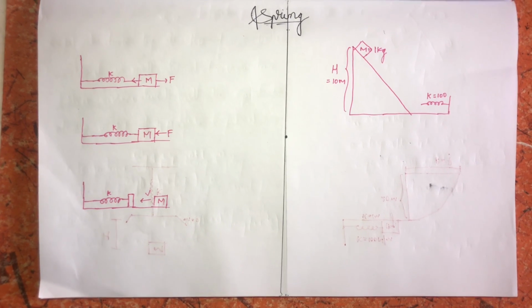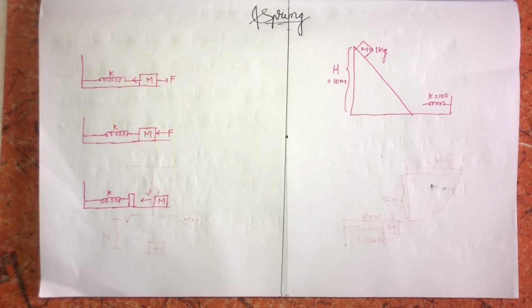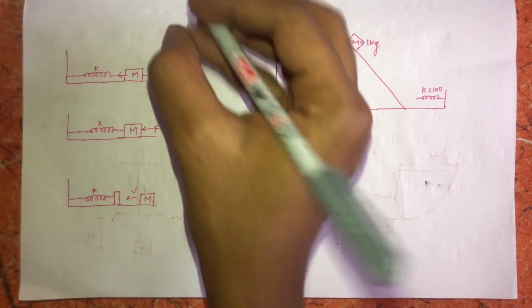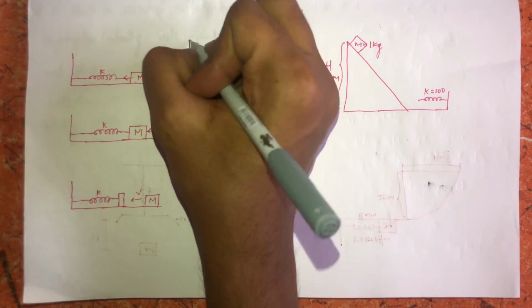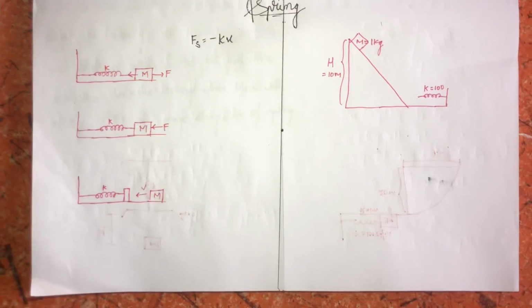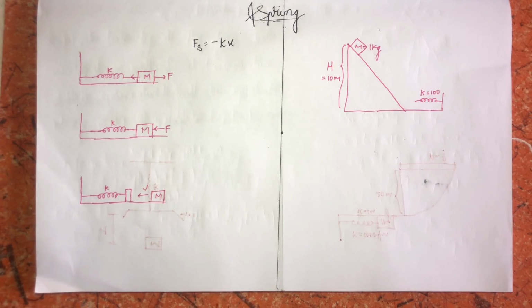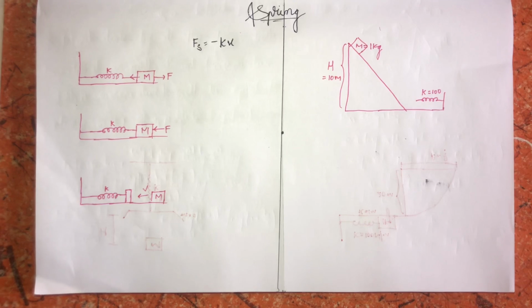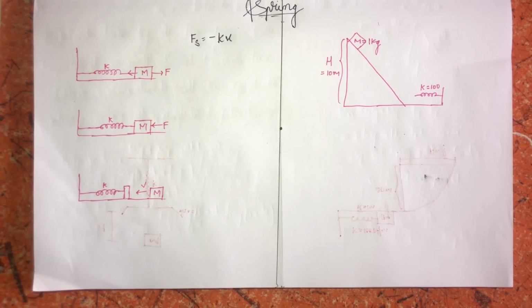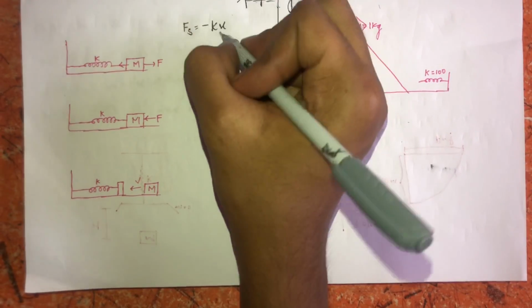Everyone, today we are going to learn the concept of the work energy theorem related to springs. First, what is spring force? The spring force is nothing but Fs equals minus kx. As always, the force produced by the spring will always be in the opposite direction to the displacement, so in cos theta, the value of theta will be 180 degrees. So the spring force is minus kx,